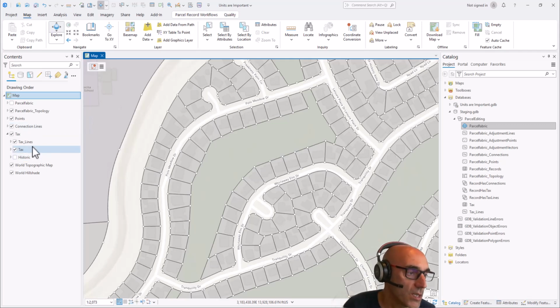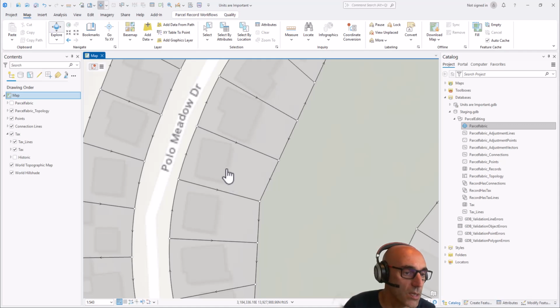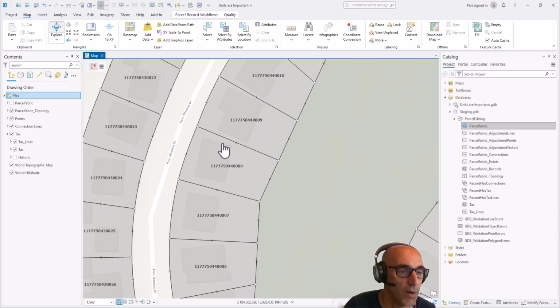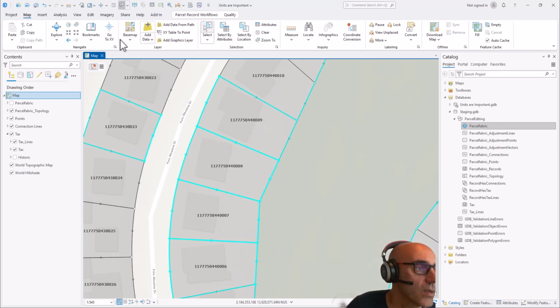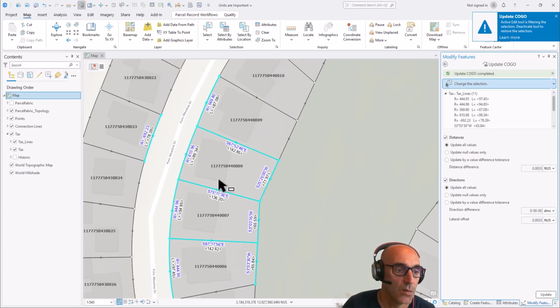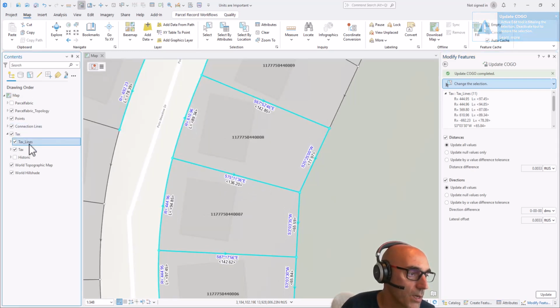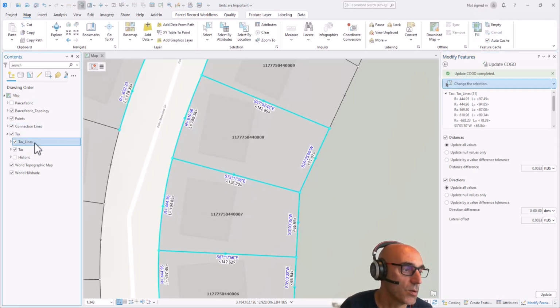The third one is on the labeling. So if we have cogo dimensions on those lines, we'd like to see them in the right units as well. In here I don't have any cogo units, so let's just inverse a few just to make sure you can see the labels. And I'm going to update both directions and distances for those selected, and here we can see those. So if we want to, we can go to the label expression by choosing the line parcel layer,